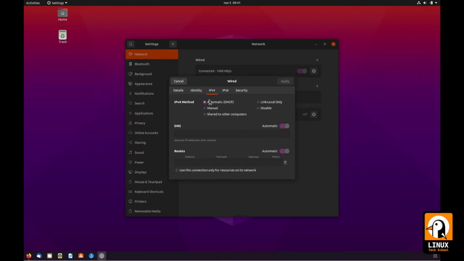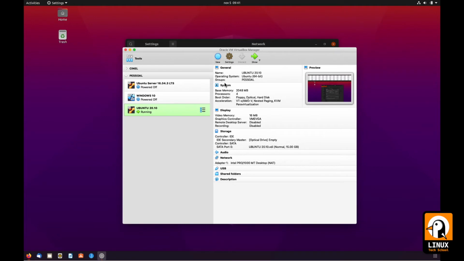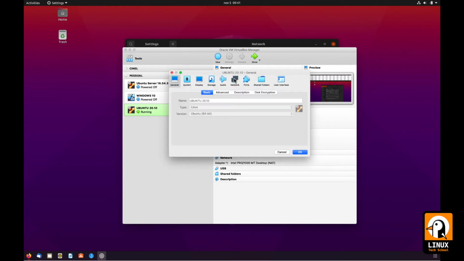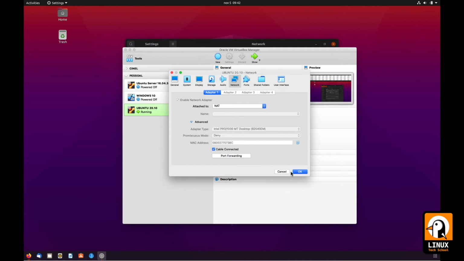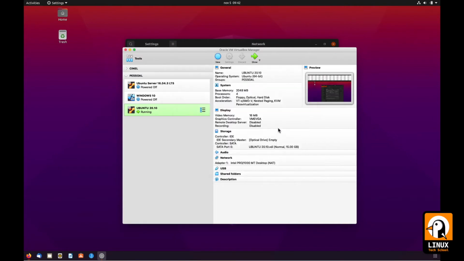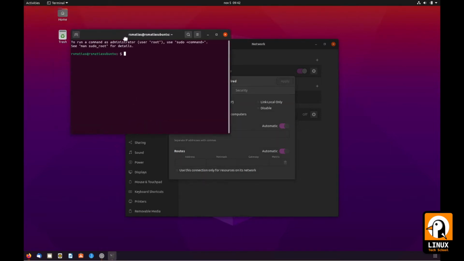I'm moving to the IPv4 tab to show you that I'm using DHCP configuration, which is the automatic configuration provided by VirtualBox software. In the network tab on VirtualBox, you see that our interface is configured in NAT mode. So we can have this automatic provided configuration, and with it we can access the internet like I showed you